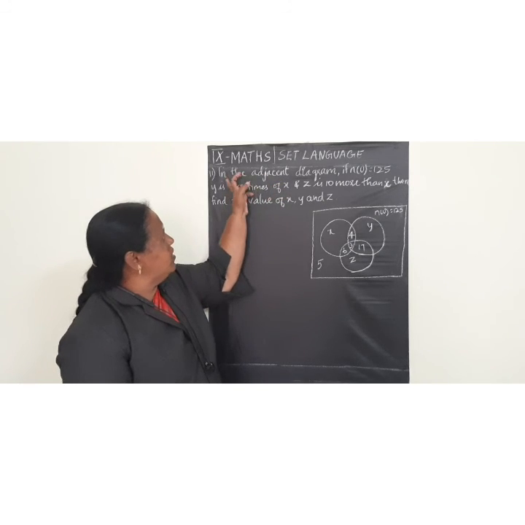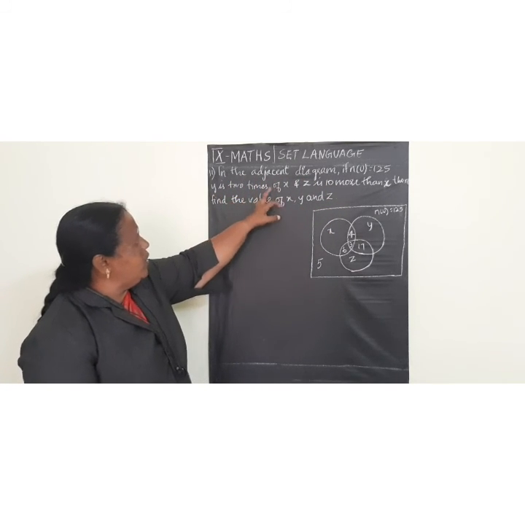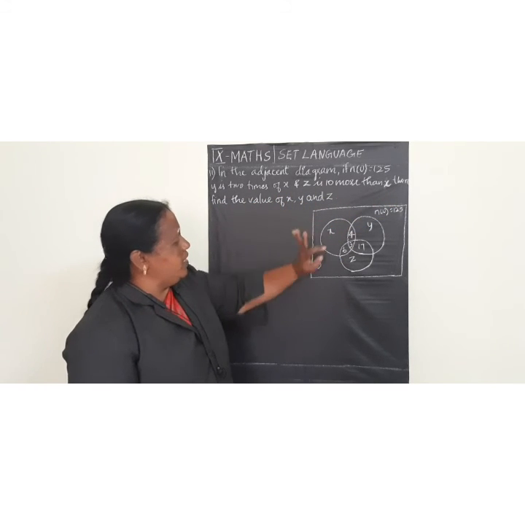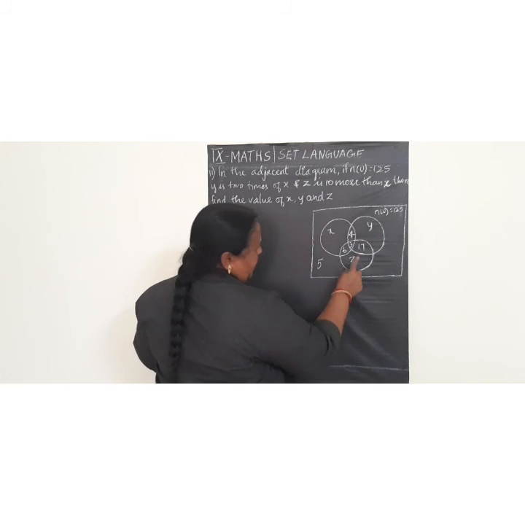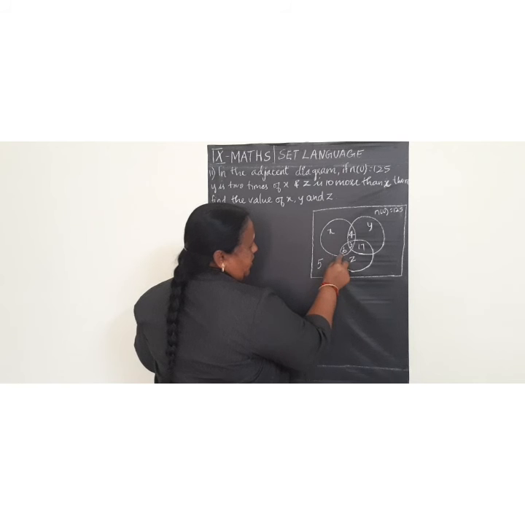In the next sum, in the adjacent diagram, if n of U is equal to 125, y is 2 times x and z is 10 more than x, then find the value of x, y and z. Here they have given the Venn diagram with x, y, z. The intersection of two sets is given as 4, of another two sets as 17, and of another two sets as 6. Then all three sets is given as